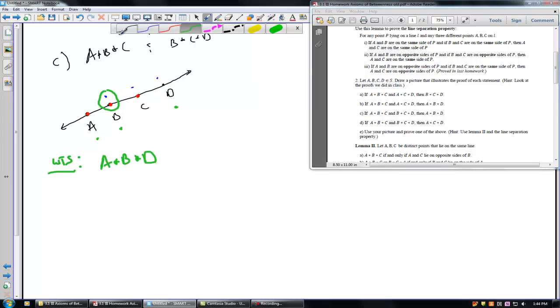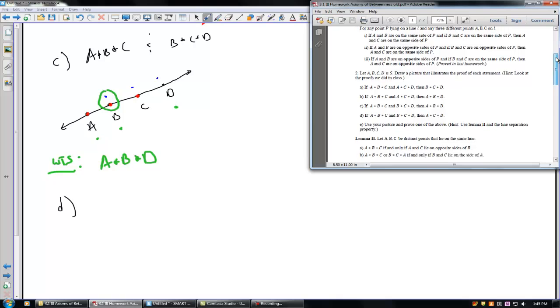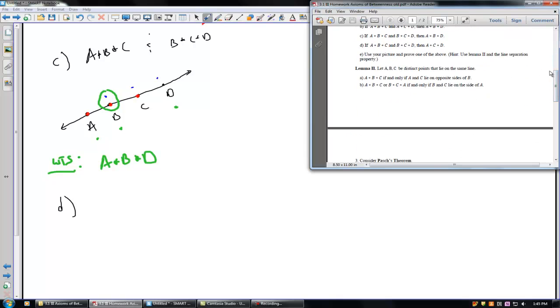I'm going to let you do D on your own. But it's the same sort of setup, and you can just try to do what we did above for that one. And then pick one to prove, whichever one you want. Okay, so that's the first side. The second side,